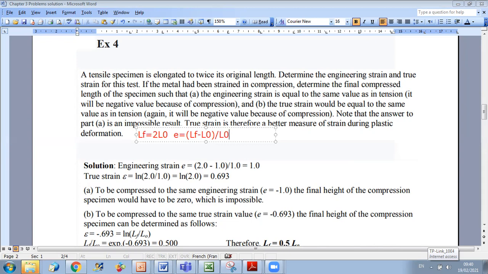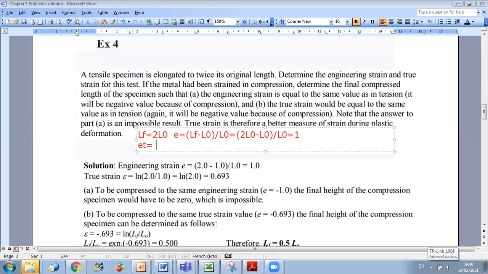Okay, so what we have here, first, the final length is 2 times L0. So we have 2L0 minus L0 over L0. Okay, so we obtain that the corresponding value is 2 minus 1 over 1 equal to 1. So this is the value of the engineering strain, and the value of the true strain, epsilon true,